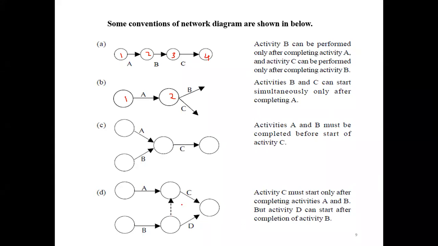So here, C needs A and B. If we want to start C, A and B must be completed. If we want to start D, B should be completed. So we have to first consider the one activity. First you start the D activity, then B will be completed. Then you consider A and B finish, then C starts. So you cannot connect B again to start C. This B activity is already connected, so from that you can connect through a dotted line and show C.